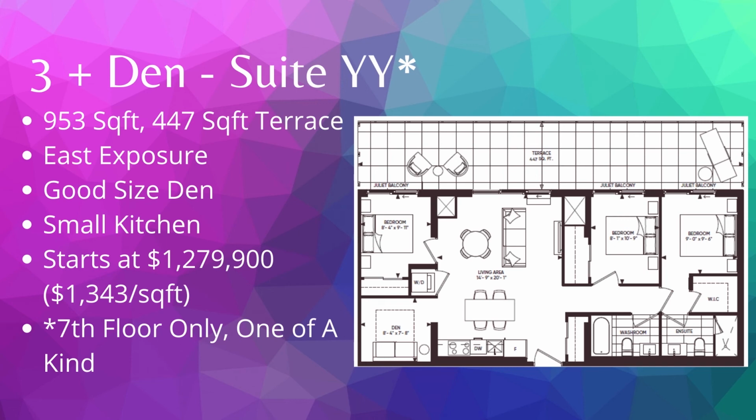The living space is pretty big. It's pretty nice and wide, and there's a lot of space outside as well. The second bathroom is placed in the only place you can place it. It is a bit far from the third bedroom and the den, but this is probably the most ideal position you can place it. This unit is very sectioned off, which I like. And this unit is